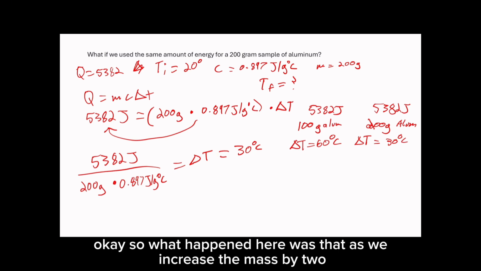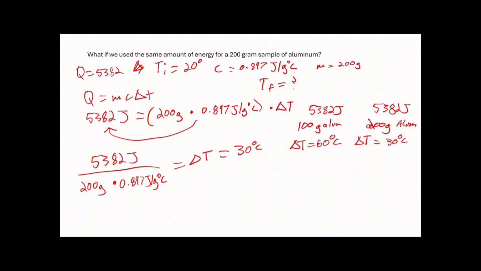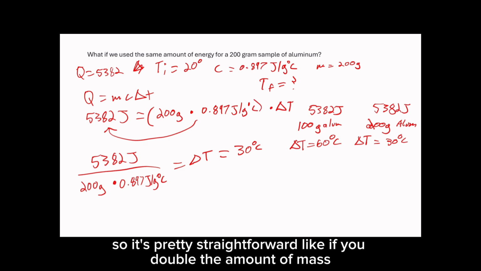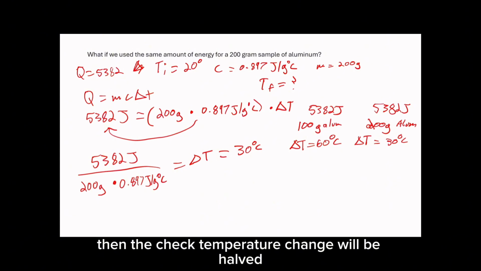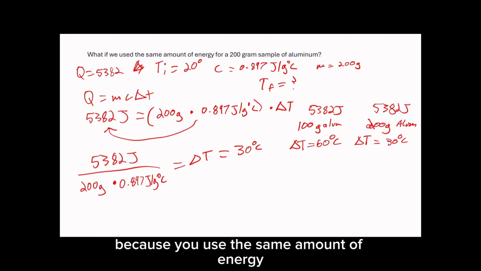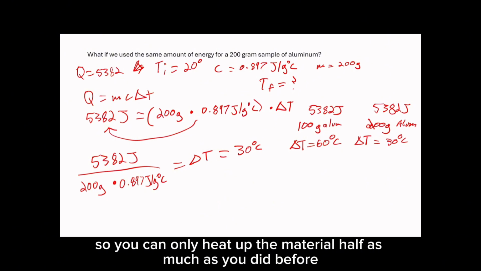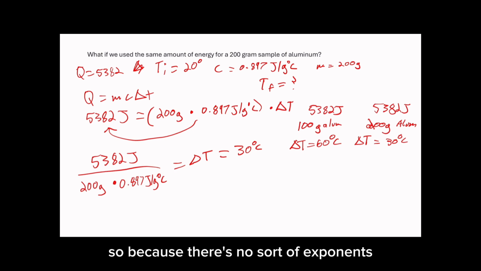Okay, so what happened here was that as we increased the mass by 2, the delta T halved. So it's pretty straightforward. If you double the amount of mass, then the temperature change will be halved because you use the same amount of energy, so you can only heat up the material half as much as you did before. Because there's no exponents or square roots or anything in this formula, everything stays linear and good. So like if we had a 400